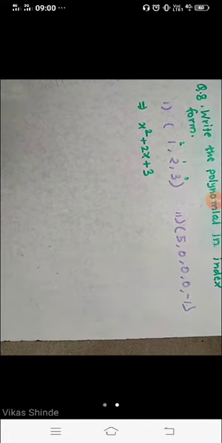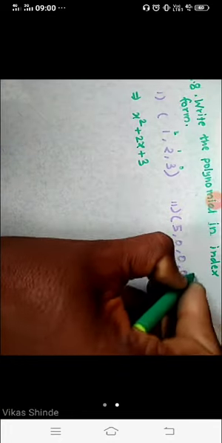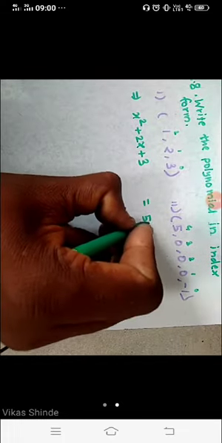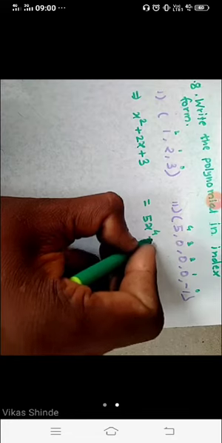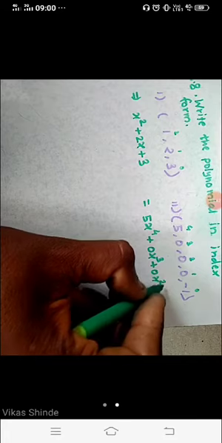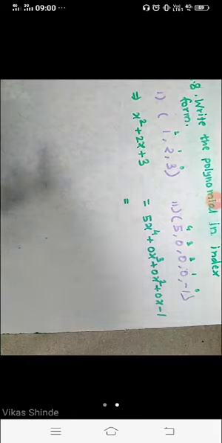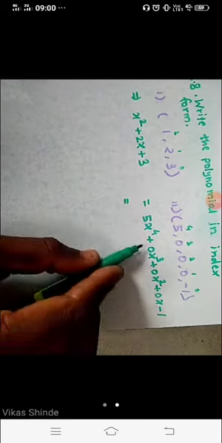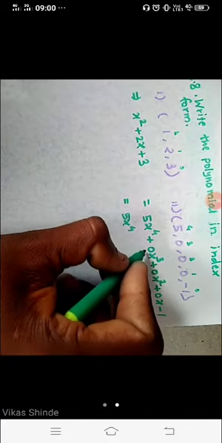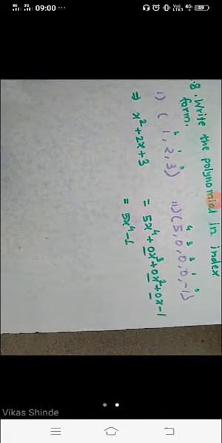See now for the second one here, student, pi 0, 0, 0 minus 1. I already told you, we have to write here 0, then 1, 2, 3 and 4. So right now take this pi, pi x raised to 4. Here plus 0x cube, then plus 0x square, then plus 0x and finally minus 1. Now finally, the terms with 0 coefficient we are skipping here. So we write directly pi x raised to 4, skip this and this, so here minus 1. This is the polynomial here.